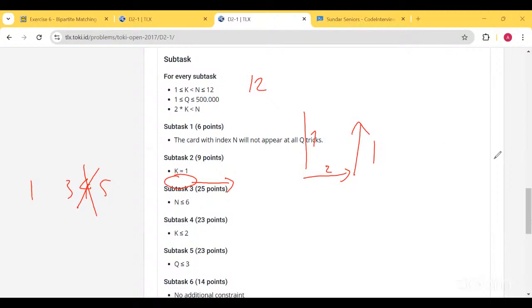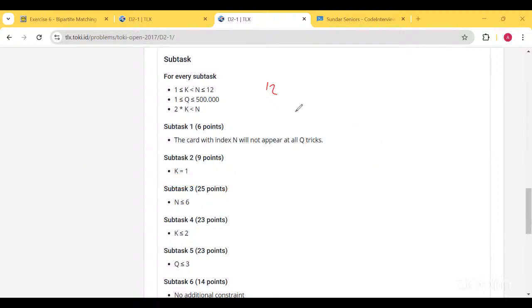Okay. Yes, we can return with any label. For example, given 1 and then just add 7. Okay, and then the decoder will remove 7. Okay. Yes, that's correct. So for the second subtask,